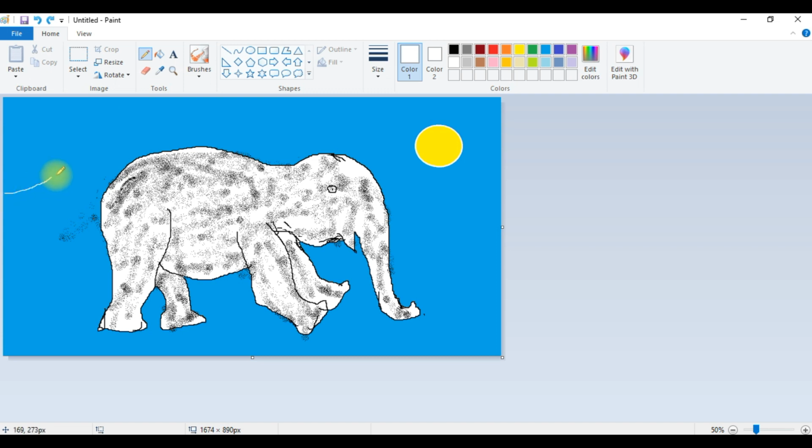In the mountain you can fill brown color.